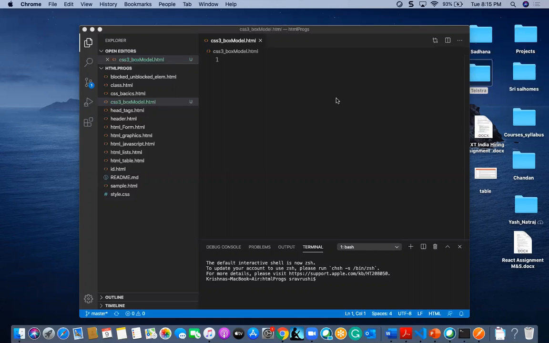So these are the four different box areas available for designing a layout or for designing a particular div or anything. We have to go through these four different parts of design.